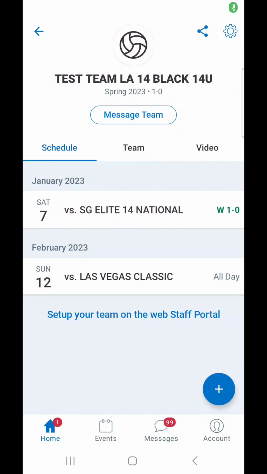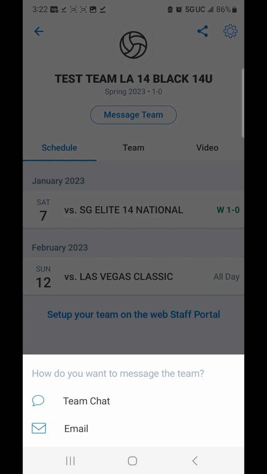Fun features in this app that you want to know about are going to include the messaging feature. At the top in white and blue, you can see Message Team. That's a quick button that you can select, or at the bottom where it says Messages. If I use the top and say Message Team, I can select Team Chat or Email. If I select Email, this is going to go to all of the team and family members who are listed